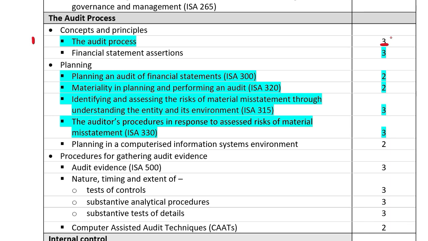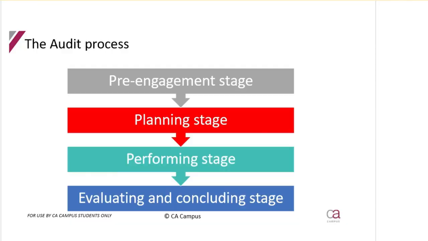So let's start with the audit process. Guys, this is not new to you at all, that the audit process comprises the pre-engagement stage, which is where we analyze whether we want to accept this client or not. We take little information and any information that's freely available and decide yes or no. And if we decide yes, we then move on to planning, where we gather a lot of information from the clients and any other means necessary. And in the planning stage, we plan the audit.